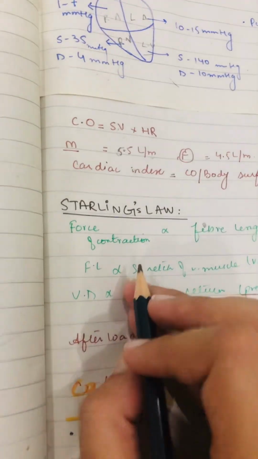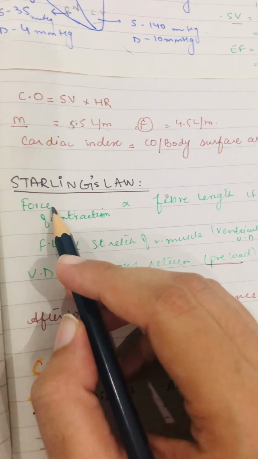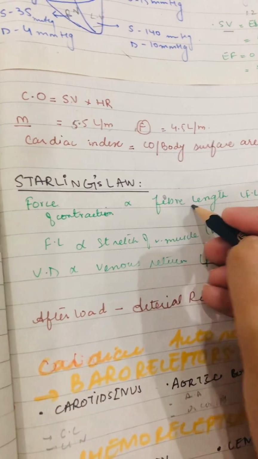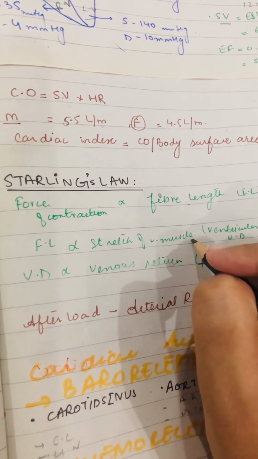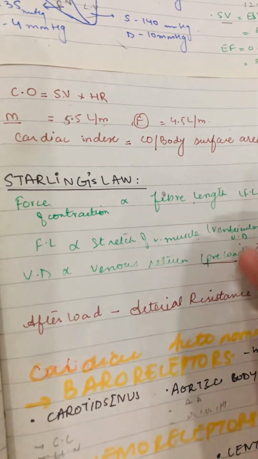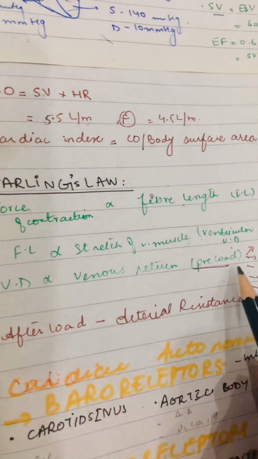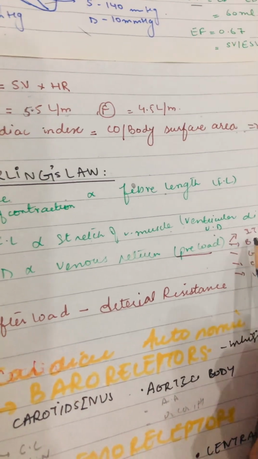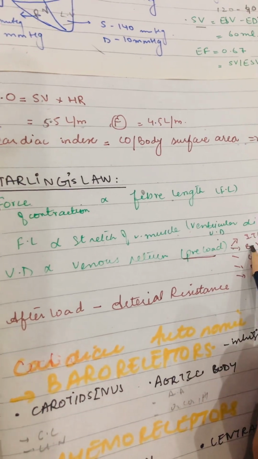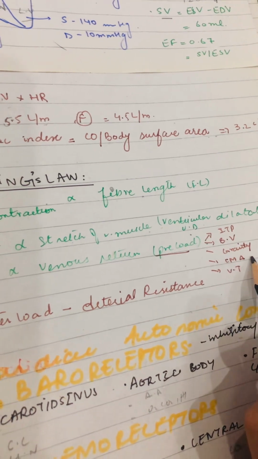Now we come to the Starling's law. So what does the Starling's law say? It says that the force of contraction is proportional to the fiber length, and the fiber length is proportional to the stretch of the ventricular muscle, that is the ventricular dilatation, and ventricular dilatation is proportional to the venous return, that is the preload. Now preload depends upon five things, that is intrathoracic pressure, the blood volume, the gravity, the calf muscle action,